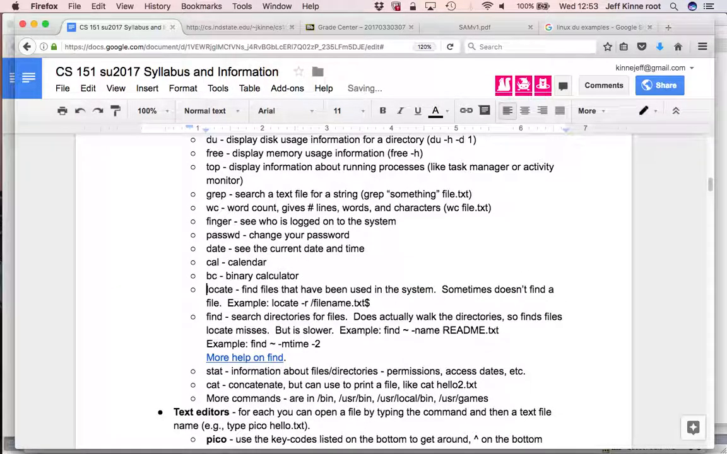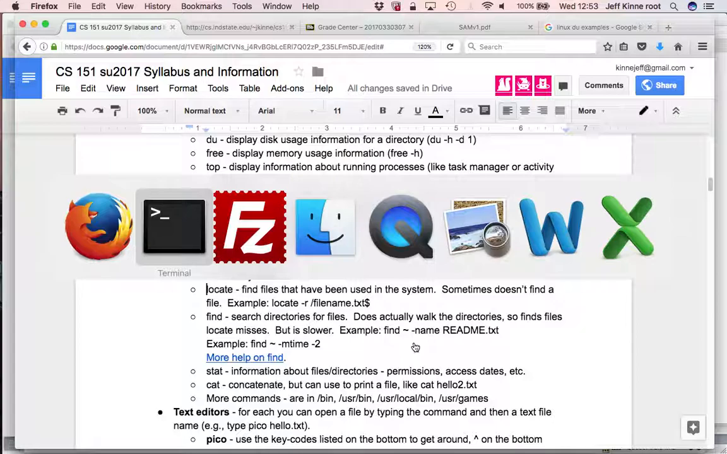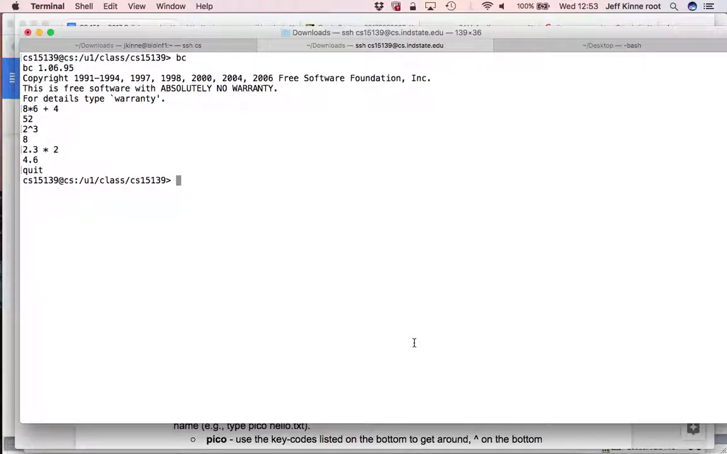Locate. Find files. So an example is find files that have been used in the system. So if I said locate hello.txt, it'll give me some kind of printout of all the files that have hello.txt in the name. And I'm not going to do that because it may show information about who has accounts on the system. If I do it